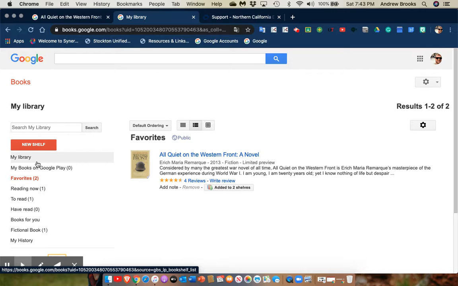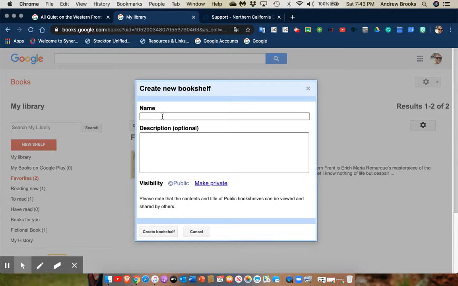But All Quiet on the Western Front technically is a historical nonfiction book. So I'm going to go ahead and create a new shelf. And one of the great things about Google Books is this gives us an opportunity as teachers to teach children how to organize a library, but more importantly, how to look for books in the future if they do go to a library. For our students who are in high school or going off to college, it's really important for us to teach them how to look into libraries and to see where to find books on what shelf. So this would be historical